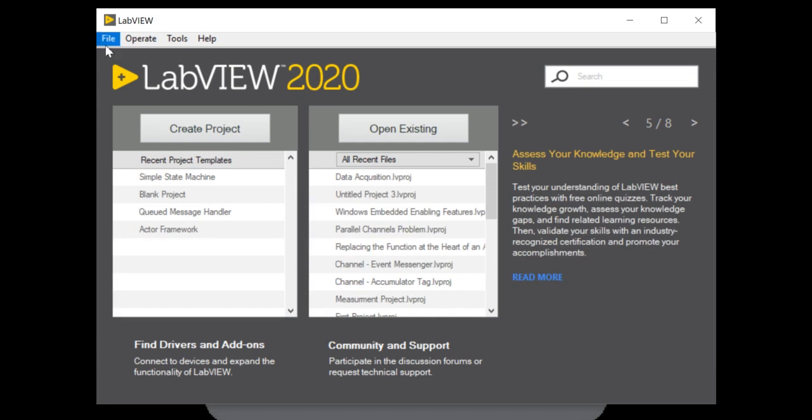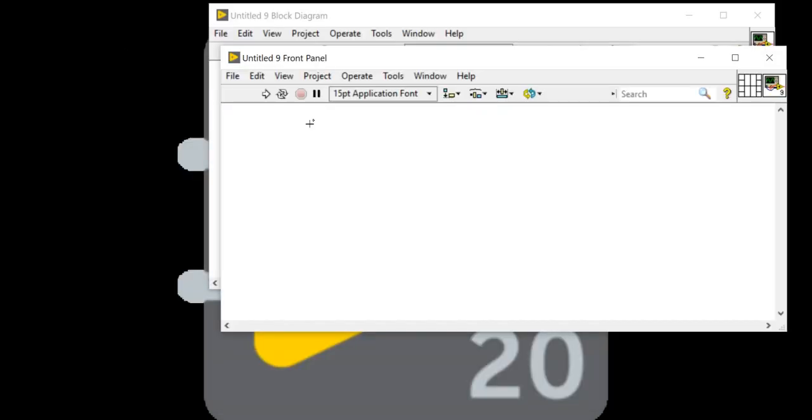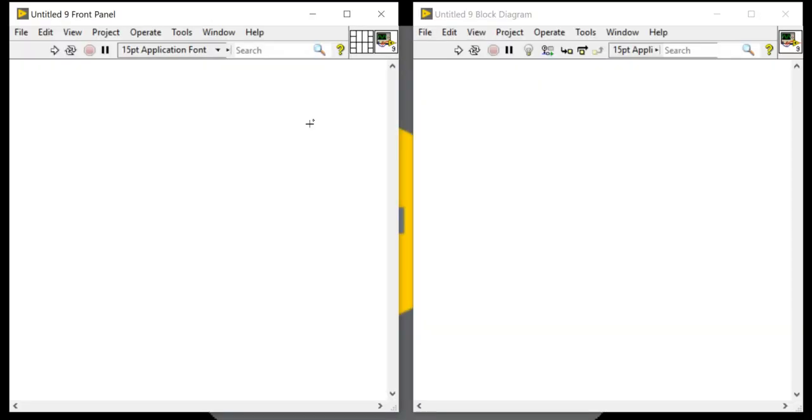Let's try to write a program to convert degree Celsius to Fahrenheit. F2C. Copy image. Formula is here.